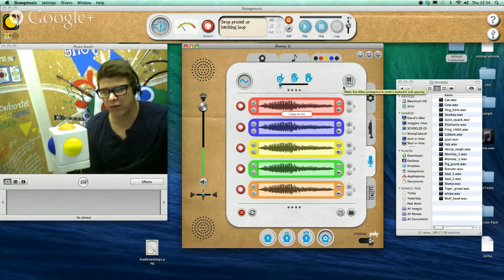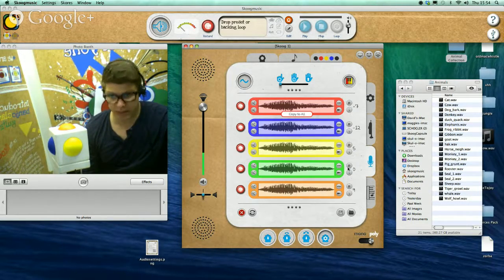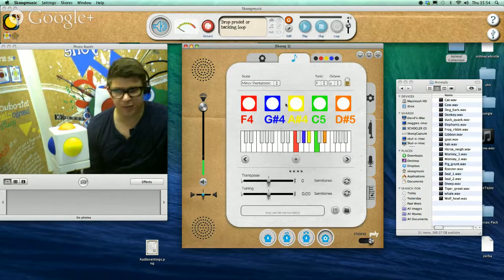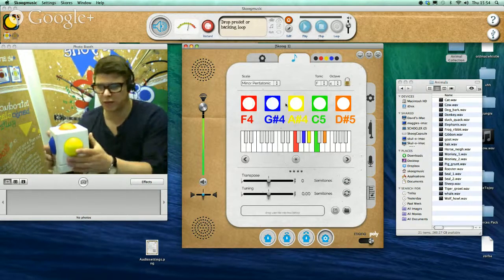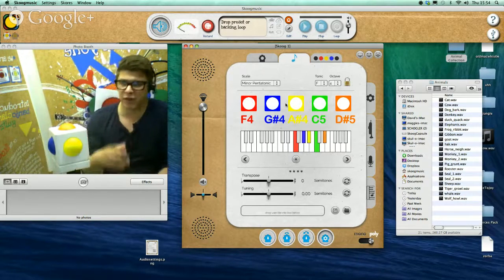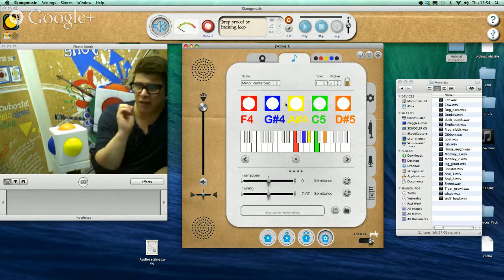However, what is really useful is this follow keyboard button here. It makes the pitches correspond to the current keyboard note spacing. So if I click that, then these notes change, these pitches change in terms of the pitch shifting. And if I go to the note selection, I've currently got some notes that I was using to play along with Zorba the Greek. I'm going to go minor pentatonic. So now I should have a minor pentatonic spacing. Now that says F minor,